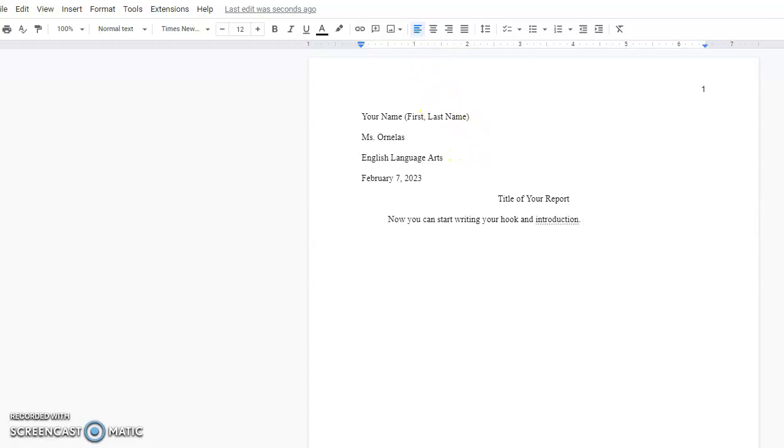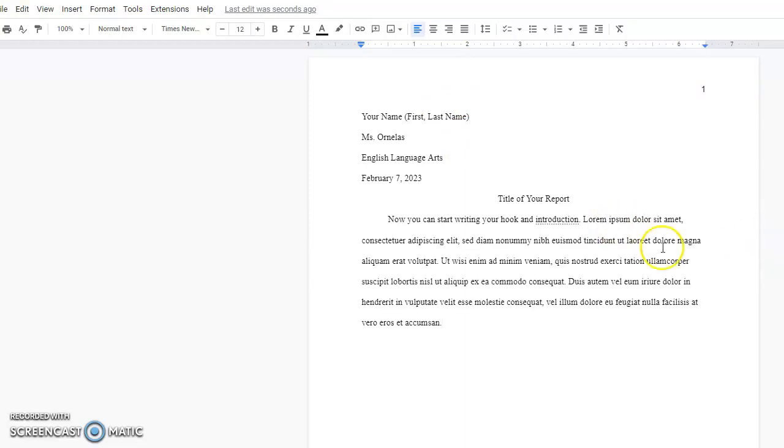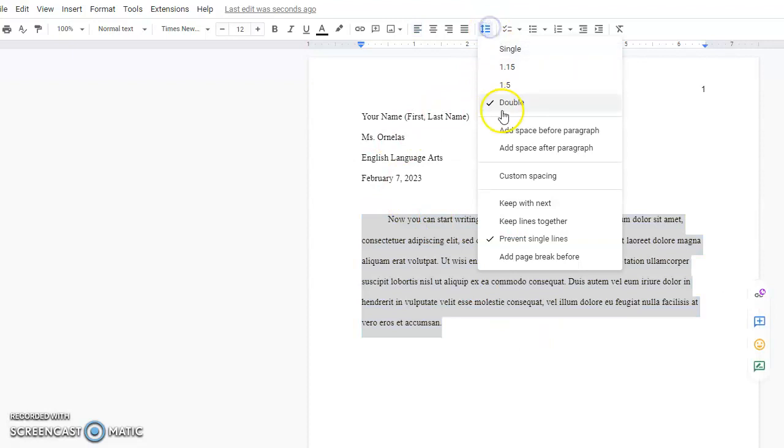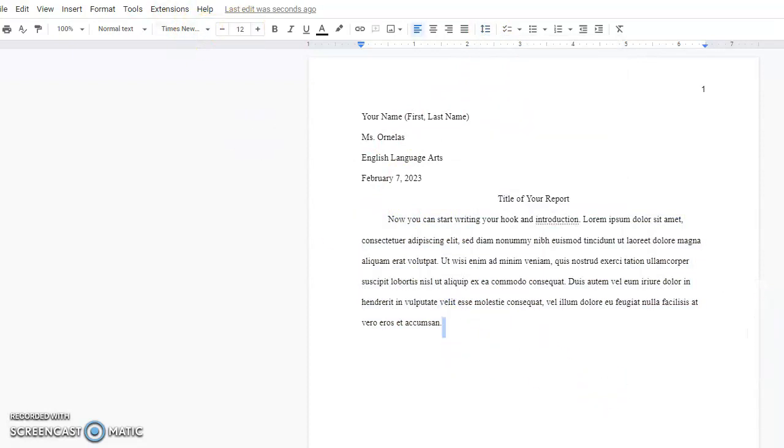You're going to write whatever you need. Okay. I'm going to copy and paste over an extra paragraph that I actually have. There you go. Looks good. And as you might note, it is double spaced. It is Times New Roman. It is size 12. Now, the one thing I'm going to request is that you are continuing to also cite your evidence. That'll be in the next video, but just know that this is what your papers should look like